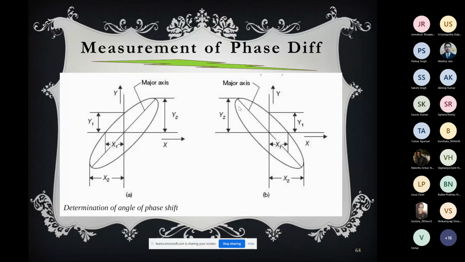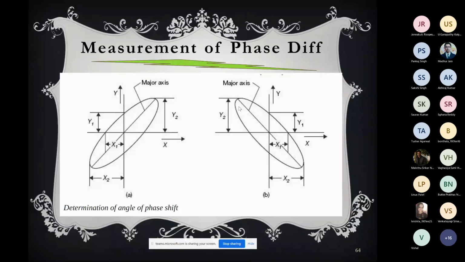So it is clear that, based on the phase difference, you will get a kind of ellipse whose major axis might be in the first and third quadrants, or the major axis might be in the second and fourth quadrants. So now, using the cursor and the scale which was drawn on the CRO screen,